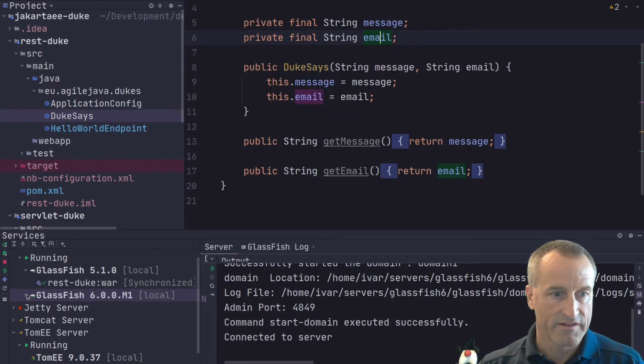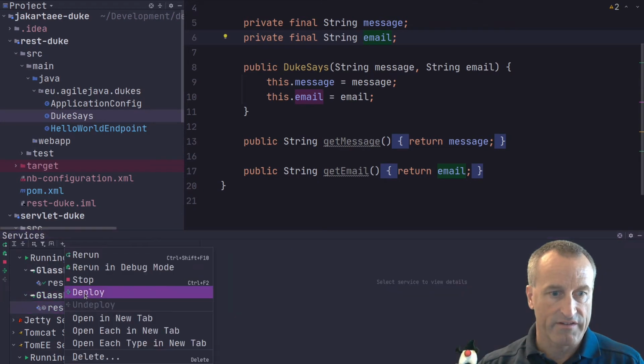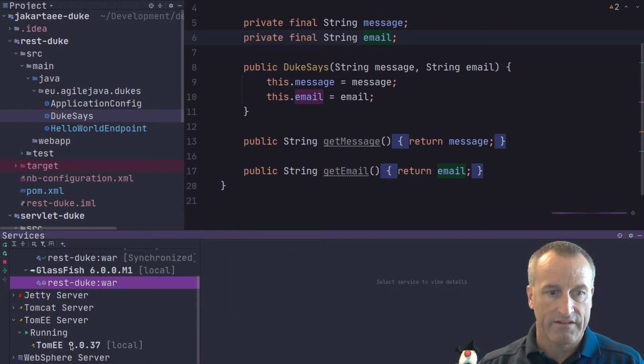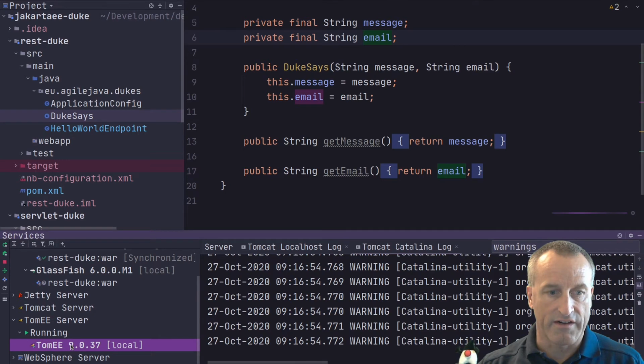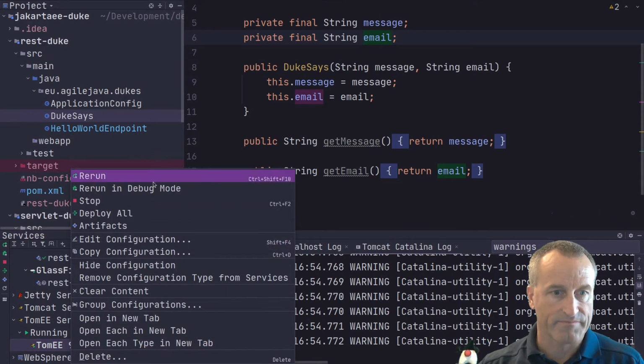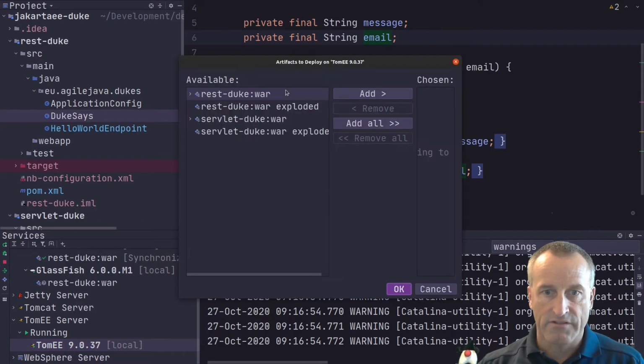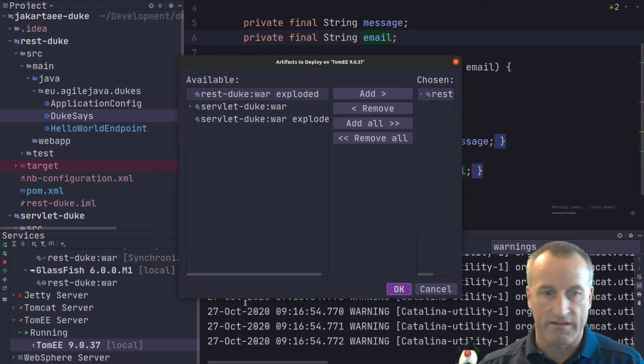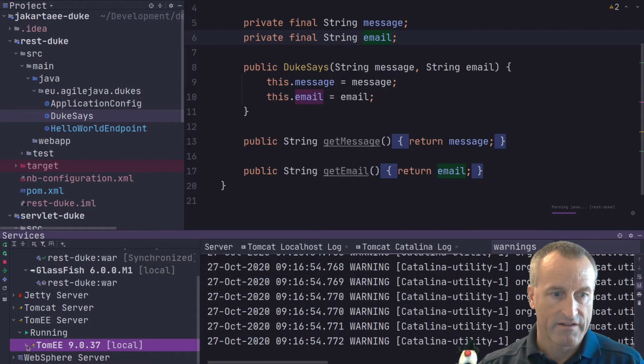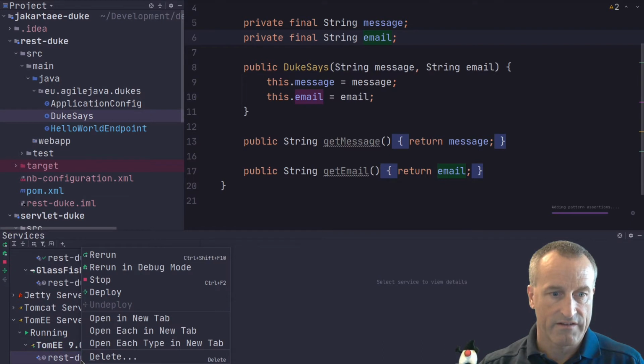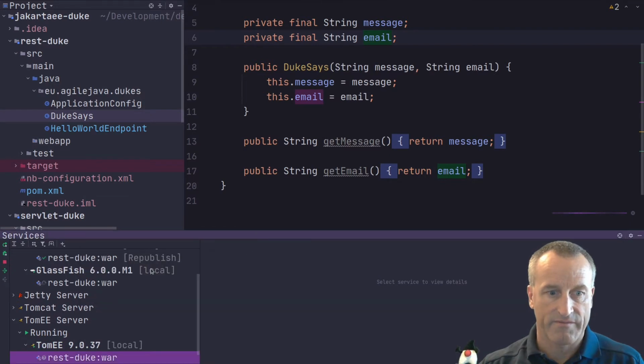There you go, and I'll deploy it. While it's deploying there, I'll add it to Tomee. Do the same thing there. Add the artifact, and deploy it.